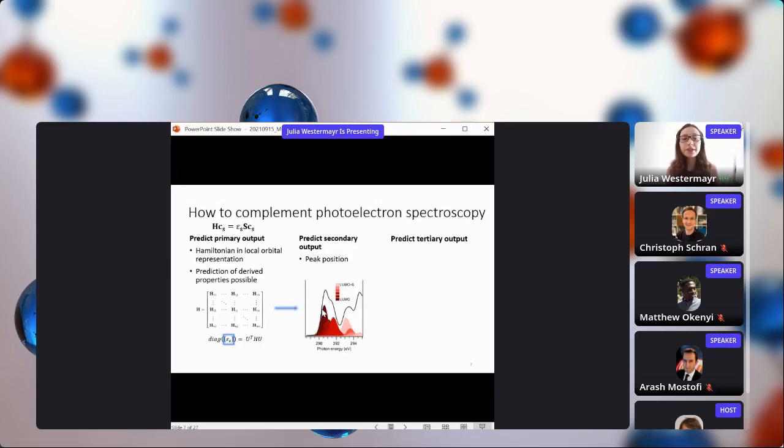And so there is another approach, which is fitting the secondary output directly, which would be fitting the orbital energies directly. With this approach, we would still be able to define which energy level gives rise to which peak, and we could also compute the photoelectron spectra. And last but not least,